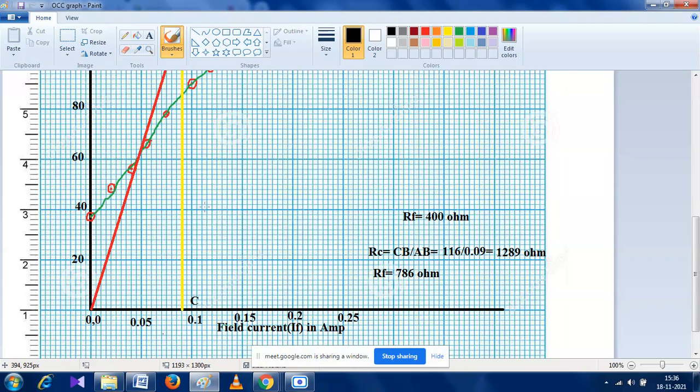आरएफ मतलब क्या हुआ? वोल्टेज बाई करंट। रेजिस्टेंस मतलब क्या? वोल्टेज बाई करंट। यस सर। तो मान लीजिए रेजिस्टेंस का वैल्यू 400 है और करंट का वैल्यू 0.1 है, तो वोल्टेज का वैल्यू कितना होगा? सर 40। 40। गुड। तो 40 मतलब ये वैल्यू होगा। तो अगर करंट का वैल्यू 0.2 होगा तो वोल्टेज का वैल्यू कितना होगा? 80 होगा।